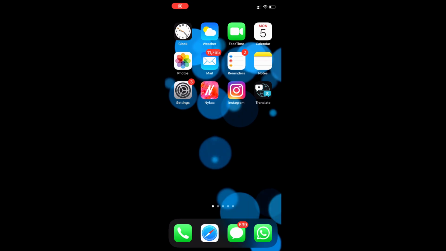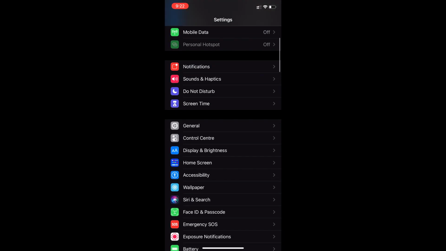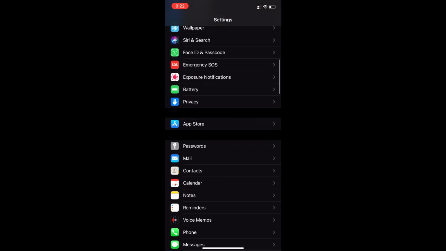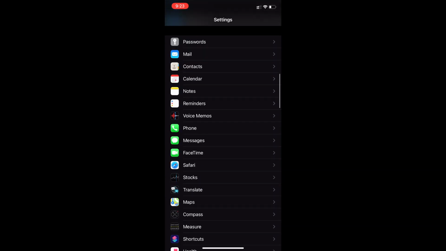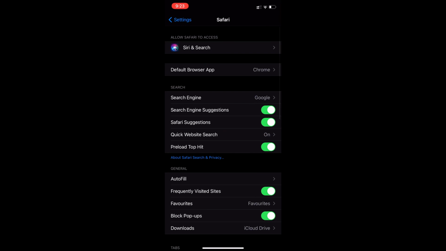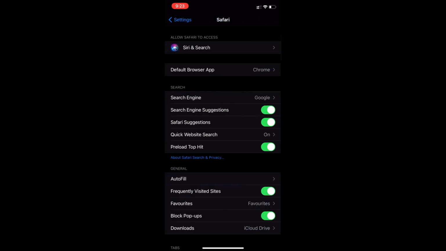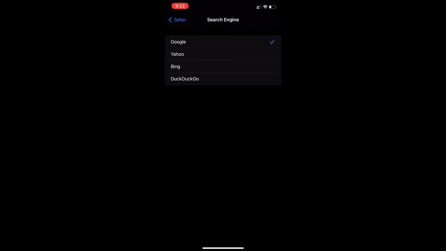So third-party default apps. The days are gone where Safari is your sole browser for iOS. Yeah, you can now switch to Chrome and set it as your default browser. So just go to the default browser setting. You can either select Safari or Chrome, and whichever you set, any link you open will be opened in your default browser.